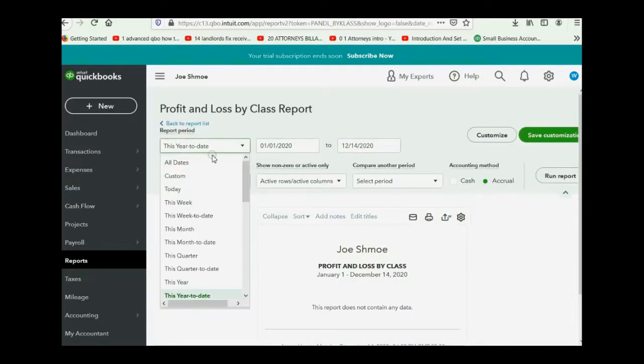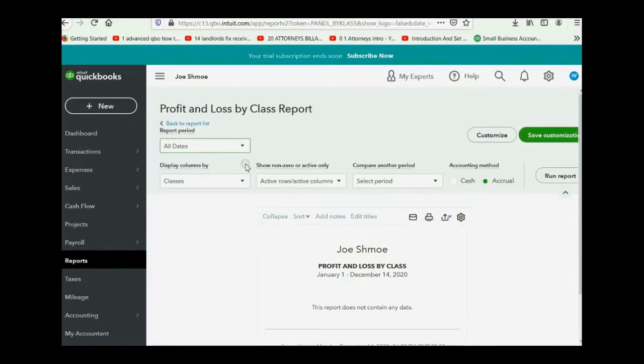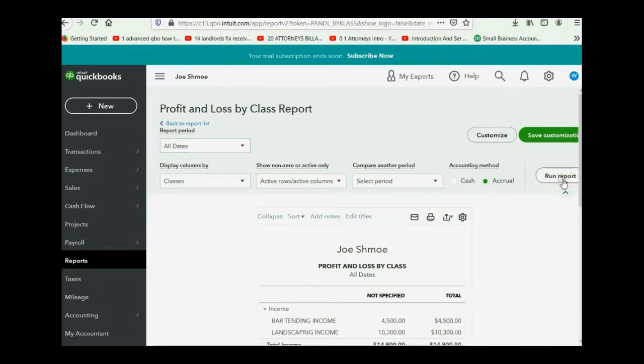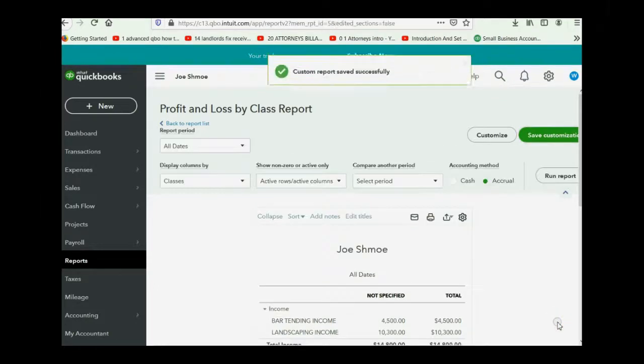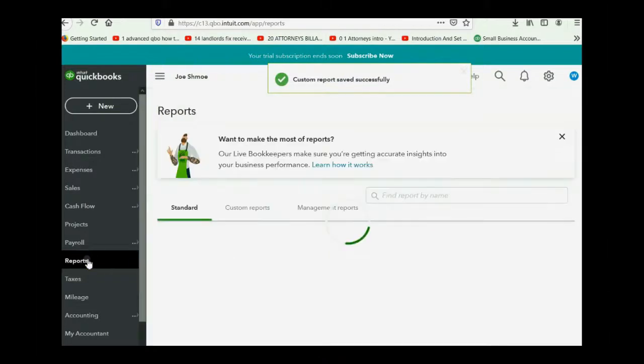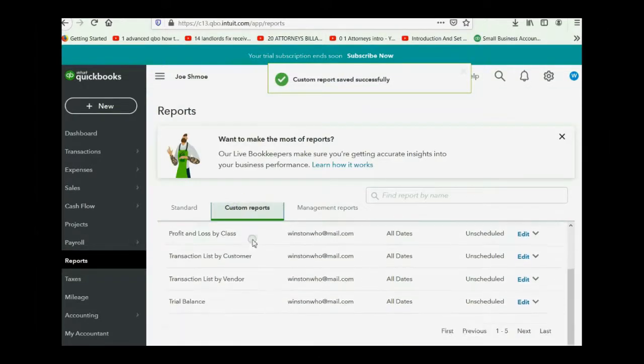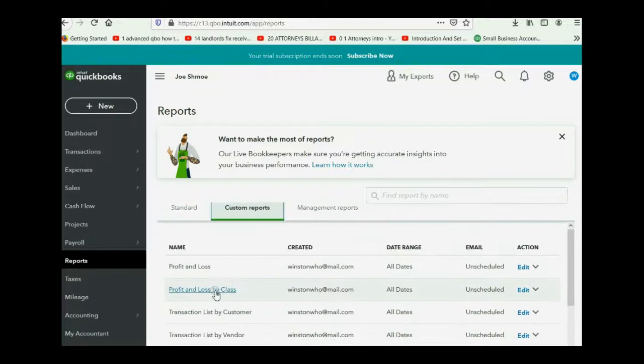Let's click the pull down and choose All Dates, Run Report, Save Customization. Let's leave the name Profit and Loss by Class and click Save. Now when we click Reports, Custom, we see that Profit and Loss by Class has been added to the Custom